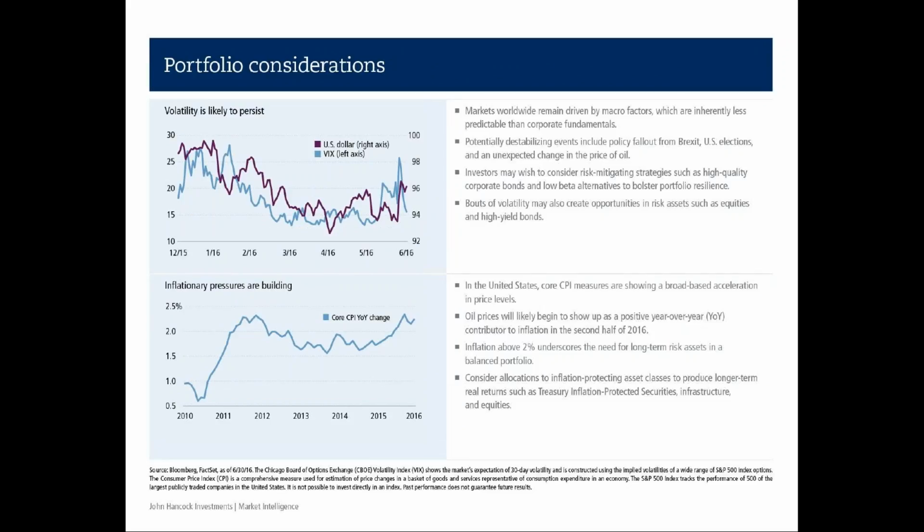Okay. Two final things here to wrap up. One is volatility. This is a chart of the VIX index, the volatility index, and it went up during Brexit, but it's come back down. In September, it's come back up a little bit, and the dollar has come down a little bit, but is still elevated. So something to watch out for is the dollar and volatility. If the dollar continues to strengthen, we would expect volatility to go up, and to just be cautious about taking too much risk, being too greedy in this type of environment. We don't want to be fearful either, but nonetheless, that's something to think about.